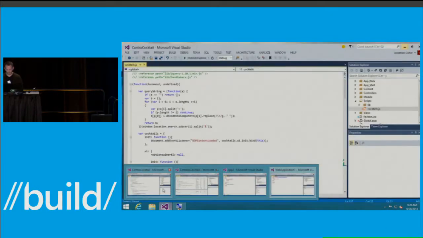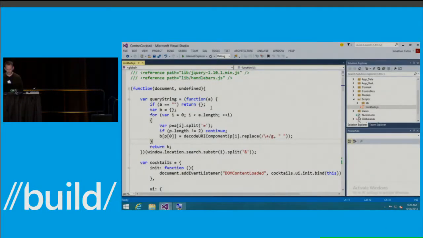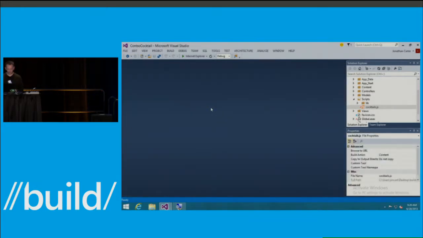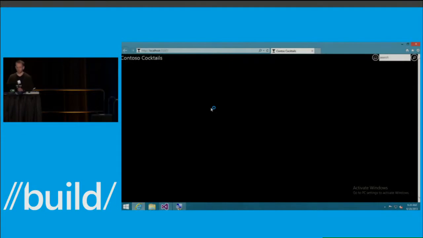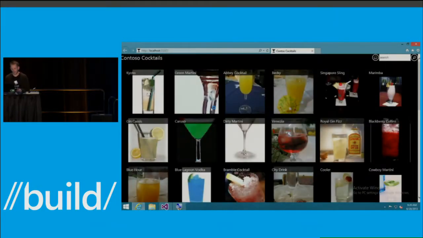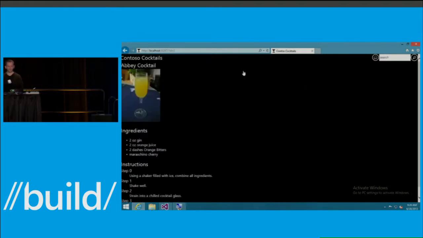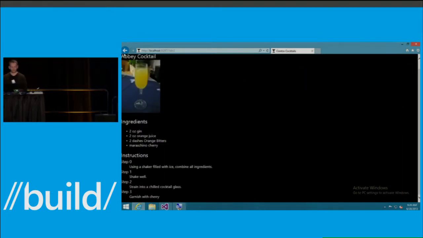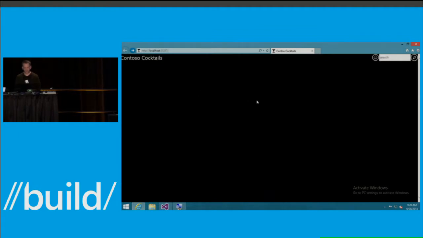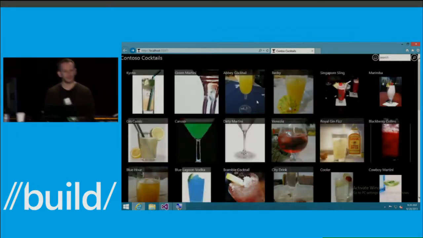So let me run this web app that one of my teammates built called Contoso Cocktails. It's very simple. It's really just a cataloging site with a bunch of cocktails on it, and when you select one of the cocktails, it gives you the ingredients and the recipe. Now, when we come back to the app, did anybody notice that but me? If I hit refresh,